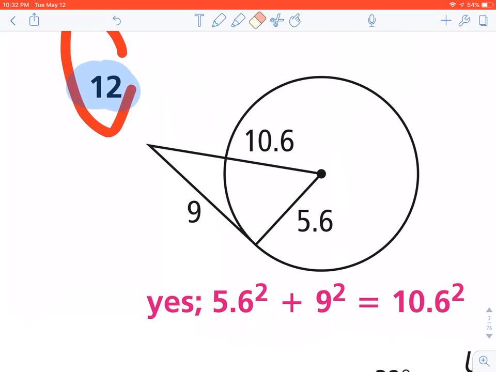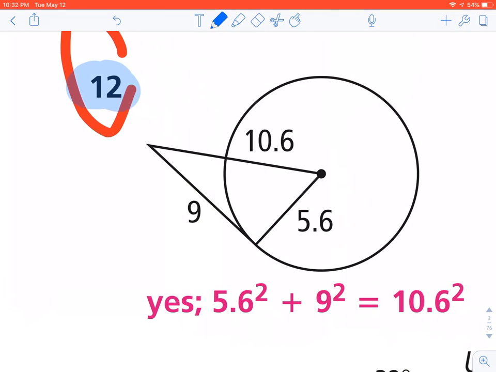Number 12 is the exact same thing. My assumption would be that the hang-up was, well, this one's actually a little bit clearer, because if the radius is 5.6, then this radius can't be 10.6. That will tell you it has to be the whole thing. But